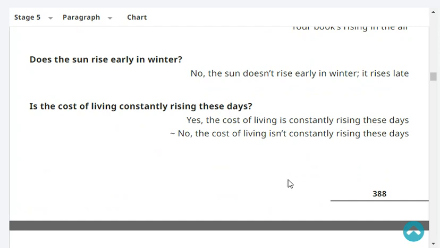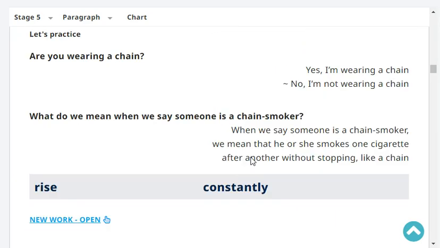Is the cost of living constantly rising these days? Yes or no? Yes, I think that the cost of living is constantly rising these days. Very good. Okay,